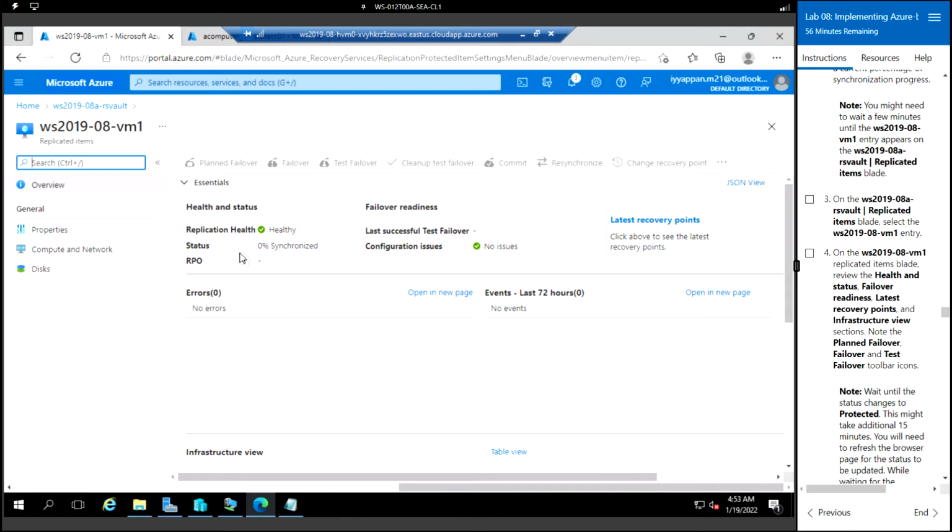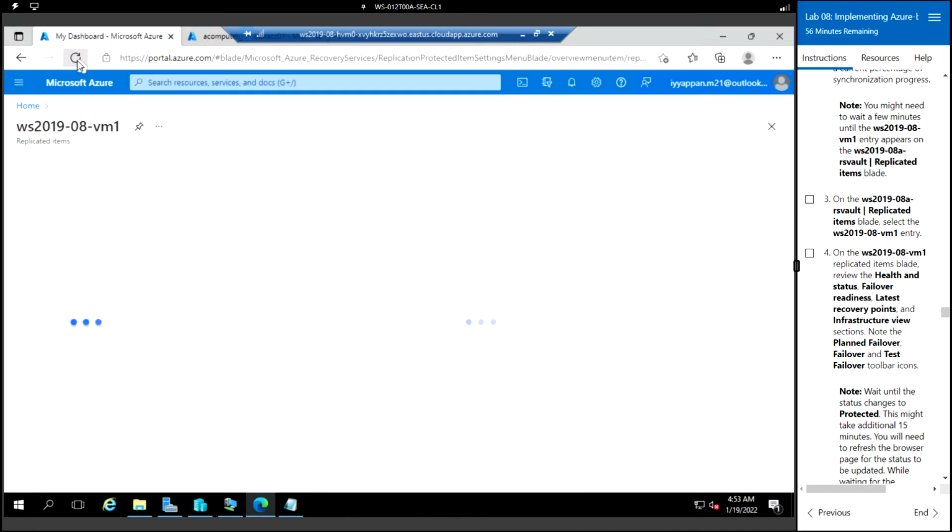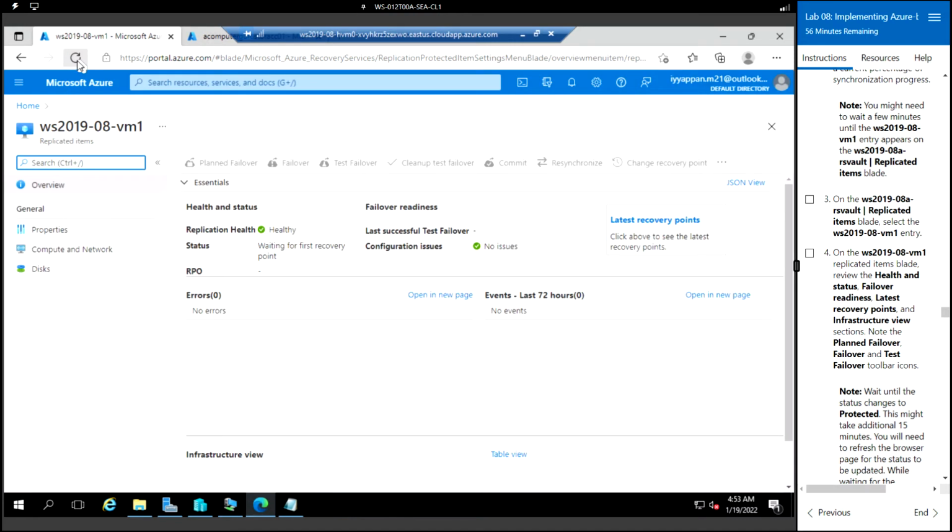Okay, so here we can see the replication health. It shows healthy and no configuration issue. And the status still 0% synchronized. Let me just refresh. And now it shows waiting for first recovery point